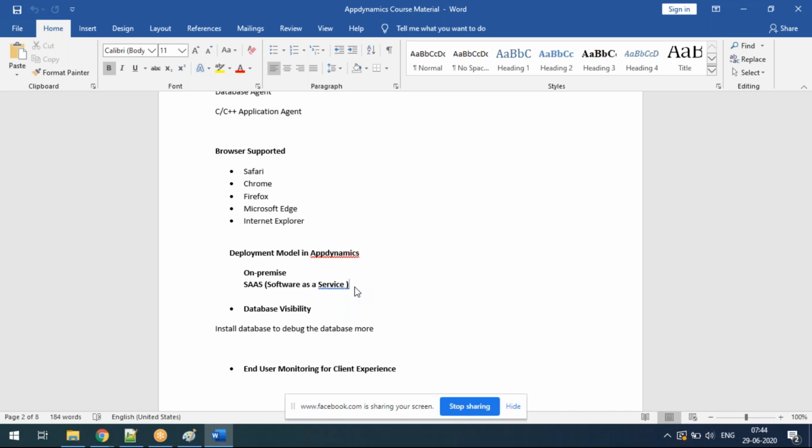On-premises is nothing but all your infrastructure is maintained within your premises. Say I am an Amazon customer, I will feel that the software or the machine, everything should be inside my premises, in my firewall, my LAN. That is called on-premises.